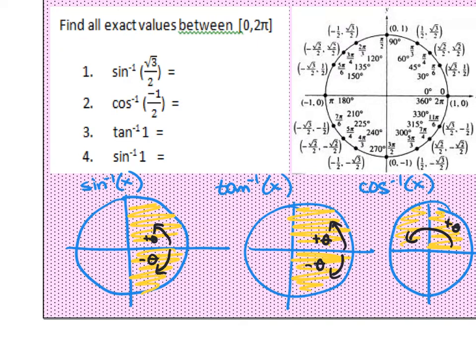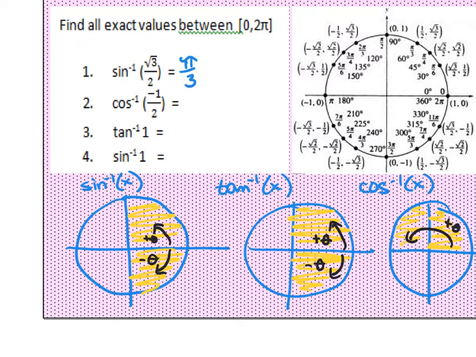Number 1, what is the inverse sine of root 3 over 2? So we're going to cheat a little bit. We've got our unit circle here now that we're just starting out. So inverse sine of root 3 over 2. It's positive, so it must be in the first quadrant. And we're looking for where the y value is equal to root 3 over 2. And I see that it's right here at pi over 3. Positive pi over 3, I don't have to actually write positive, so I'm just going to say my answer is pi over 3,